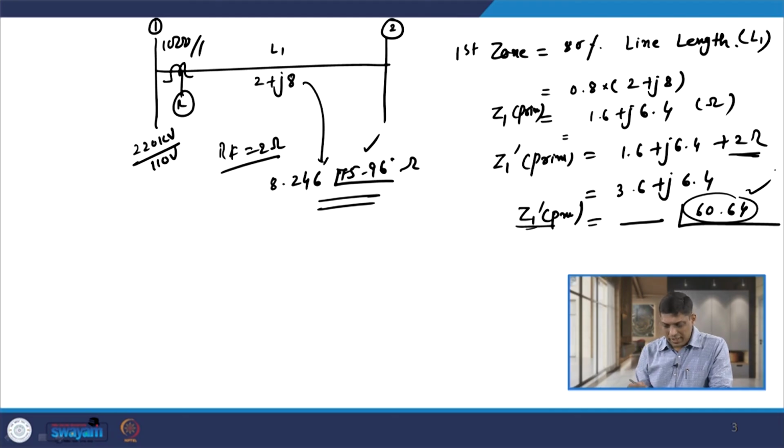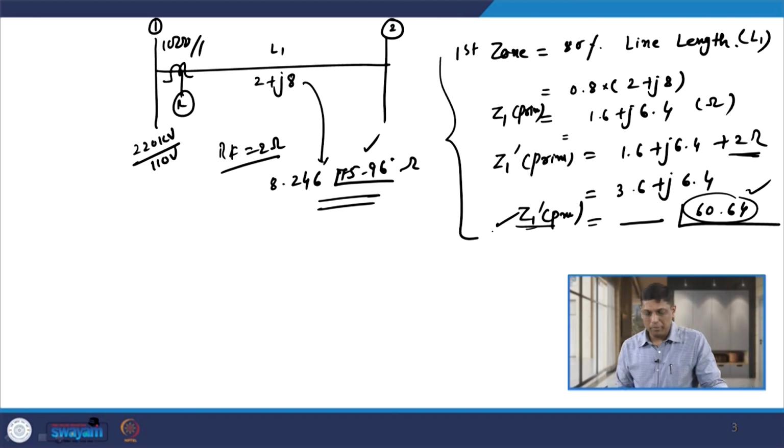Each and every time you have to add this value in zone 1, zone 2 and zone 3, and then find the modified impedance. So, Z1 dash primary, Z2 dash primary, Z3 dash primary, then you can calculate Z1 dash secondary, Z2 dash secondary, Z3 dash secondary, and similarly find K1, K2 and K3. This is just for knowledge that when any fault resistance is given, you need to include it in the calculation of impedance. We have already considered 2-3 examples on distance relay.